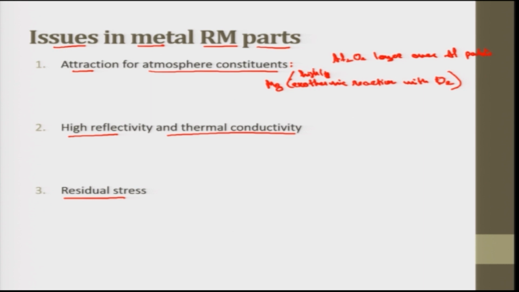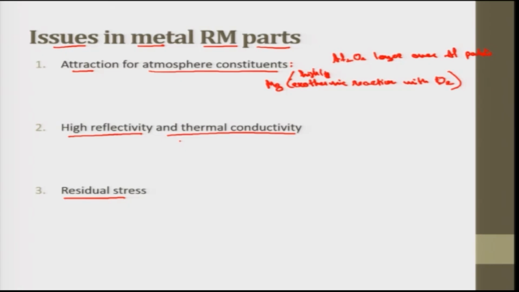Second is high reflectivity and thermal conductivity. High reflectivity we showed you in the laboratory demonstration on 3D scanning, where aluminum was highly reflective and it did not reflect back the laser that was to be taken by the reflector of the equipment. So, this high reflectivity and thermal conductivity both can be the challenges. Creating an effective melt pool is difficult for alloys that have high reflectivity. These metals, for instance, aluminum, silver,